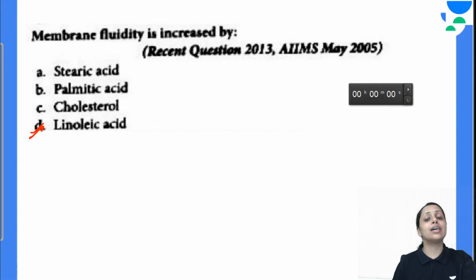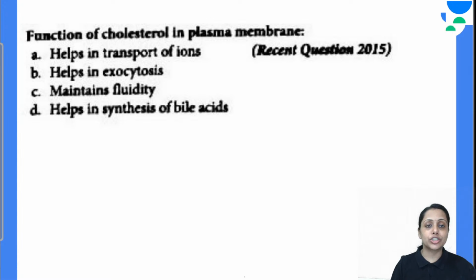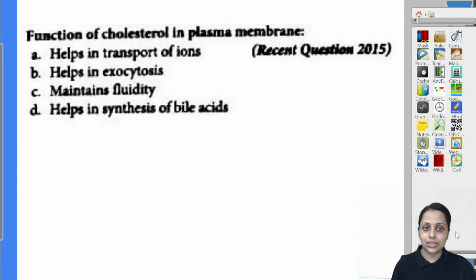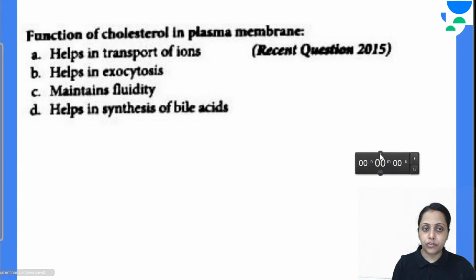Linoleic acid, which is an unsaturated fatty acid, essential fatty acids. Coming to the next one, function of cholesterol in plasma membrane is help in transport of iron, help in exocytosis, maintain fluidity, help in synthesis of bile acids. Function of cholesterol is